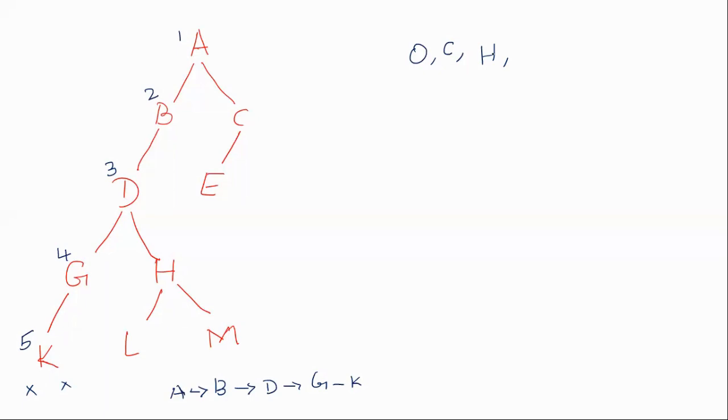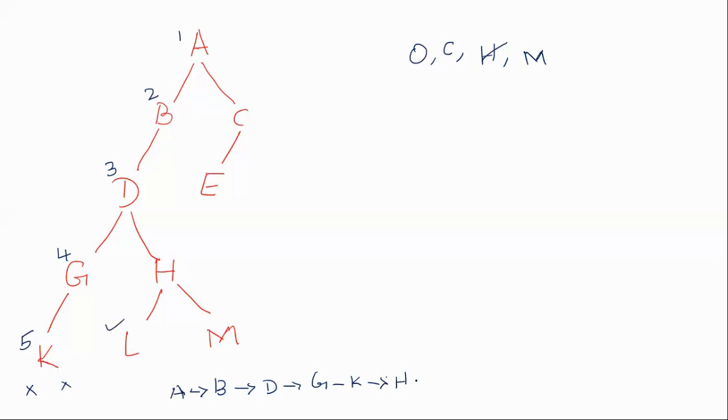As we pop from the stack, what do we get first? The H node. So we take the H node and process it. Mark H onto the path. As we process the H node, there is a right child for H, that's M. So put M onto the stack now. H is taken, but now we have M over here.